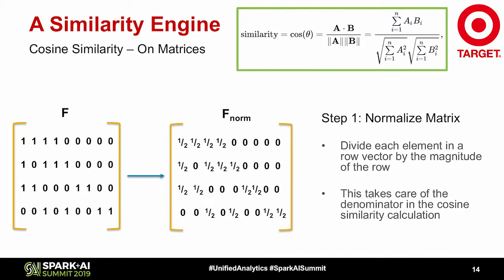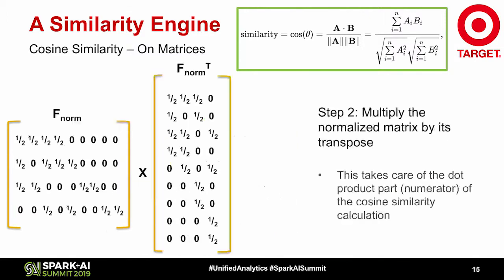So how do we take this from vector to a matrix? We want to operate on matrices wholesale because this is going to be our feature set that we're trying to learn the similarities for. So the first step is you've got to normalize your matrix. For each vector in the matrix, you're going to normalize it by the magnitude of that vector. So this will take care of the denominator of that cosine similarity score. All right, so the next step, when we actually want to get to the scores, we need to multiply that normalized matrix by its transpose.